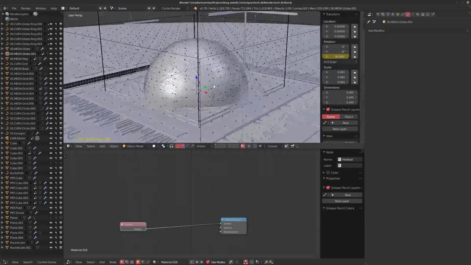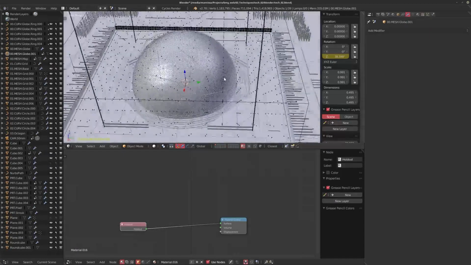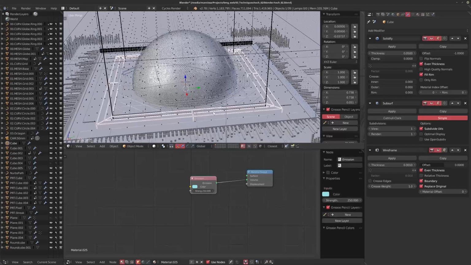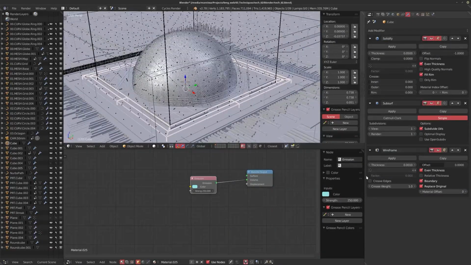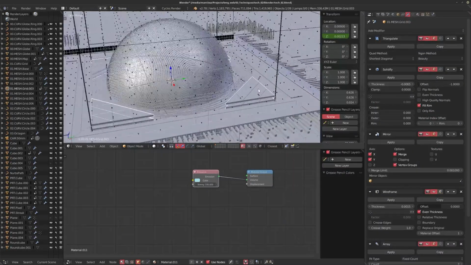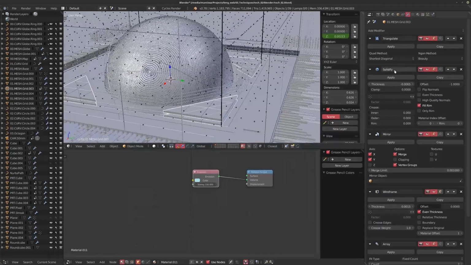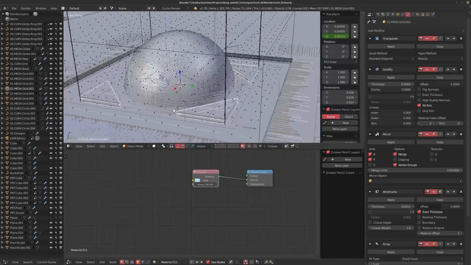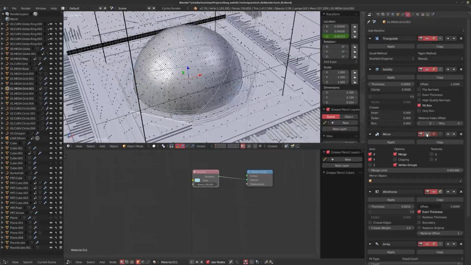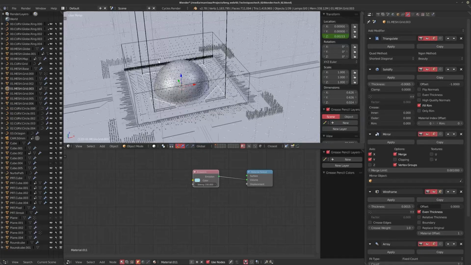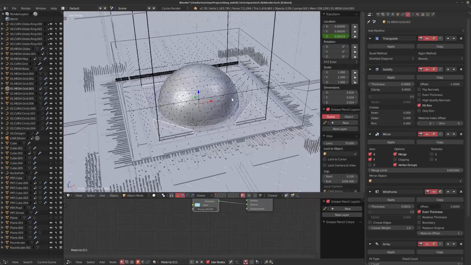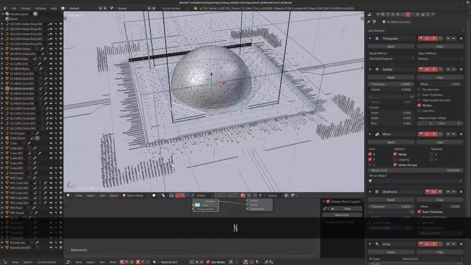Obviously, you can't always preview it like this in the viewport because most of them are transparent. But again, if you look at it, this is just a box with an inset with a solidify, a subsurf, and a wireframe. This is just some triangles which I then triangulated, added a solidify, a mirror, a wireframe. So these mirrors, for example, I generally just only create one of these corners and then mirror it in the X and Y axis. And this is really important if you're doing this type of work. Make sure you start in the very middle of your scene, so you can mirror stuff very quickly and easily.